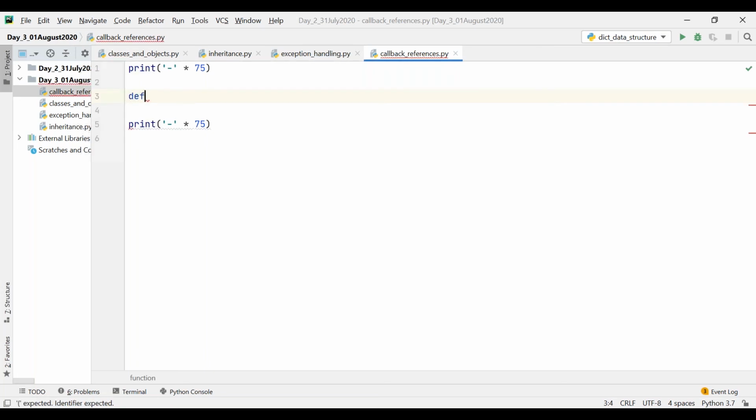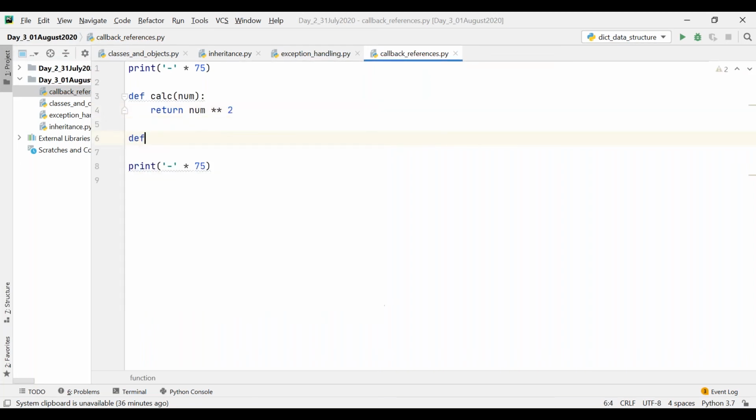Let's say def calc of num, and return num star star 2.